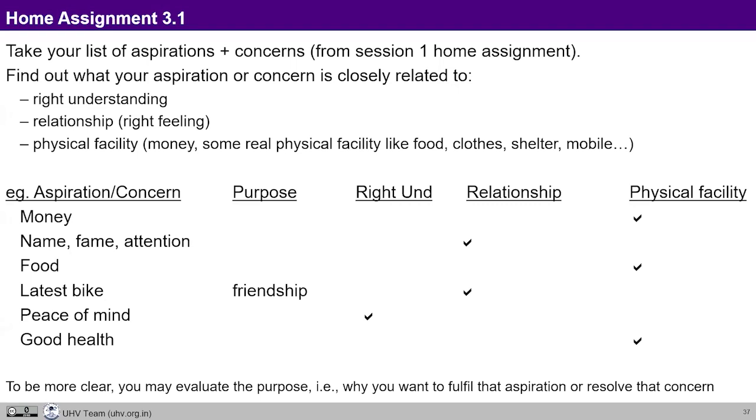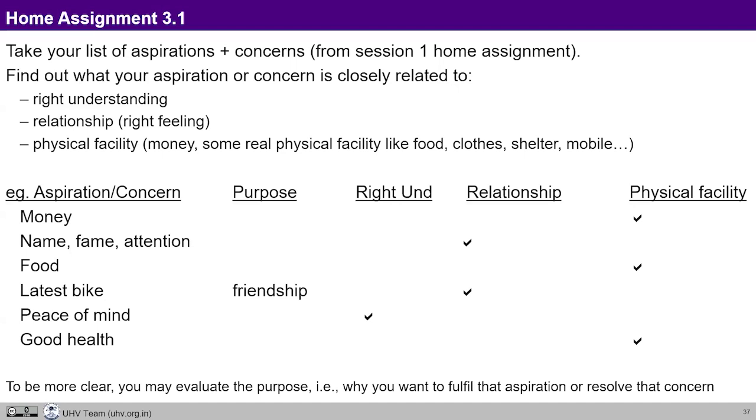So here, if you see, we have put a tick mark in only one of the columns. Okay. So we have to look into the purpose and then we have to see to which of these it is closely related. If it appears that it is related to relationship as well as physical facility, then we go further and see the purpose. Okay, and try to make out. But let me say that this exercise is not about having that much clarity, right? This is just to draw attention. The purpose of this exercise is to draw attention that there are three basic requirements. Let us not delve into this too deeply. Otherwise, we'll also not have responses to that.